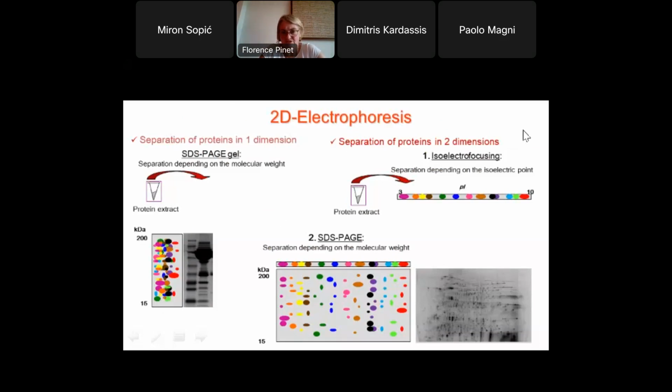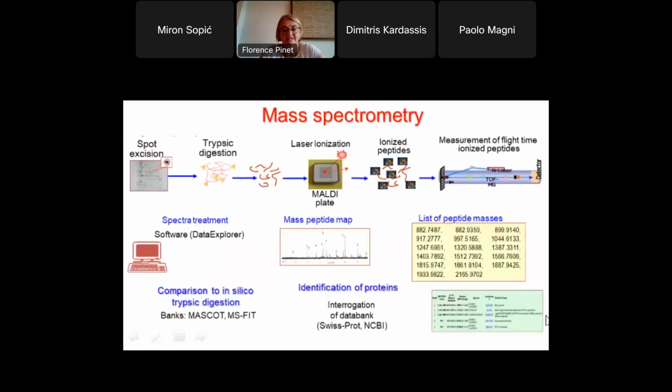If you are using 2D gel, you will first separate the protein by their isoelectric point, and then by their molecular weight, meaning that from the same sample, you will have more information, and you can recuperate each spot to analyze by mass spectrometry. So we perform spot excision. Then you need to use trypsin because you need to have small peptides. You need to have peptides to be analyzed by mass spectrometry, and then you will use